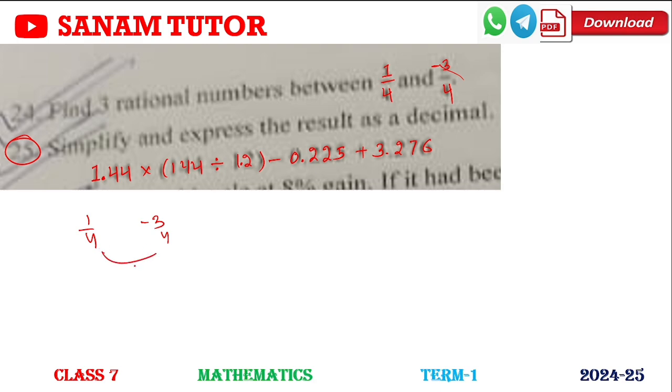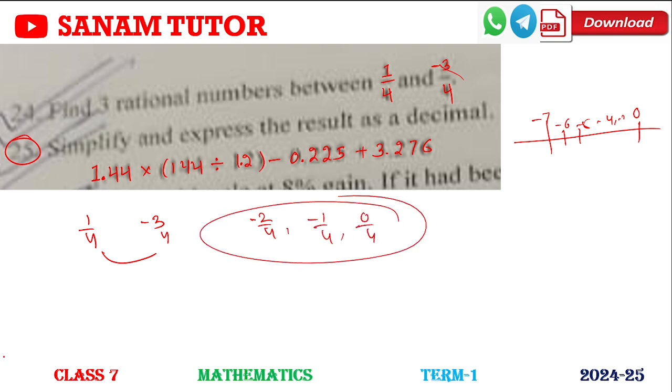Suppose this is a number line. This is minus 7, this is 0. So tell me, between them we can write minus 6, minus 5, minus 4, minus 2, 1. Yes or no? Similarly here we can write minus 2 by 4, minus 1 by 4, 0 by 4. These are the 3 rational numbers between these. Yes or no? So next question,